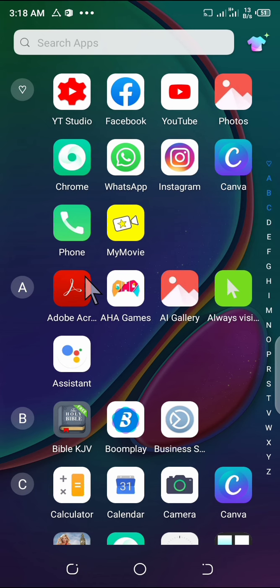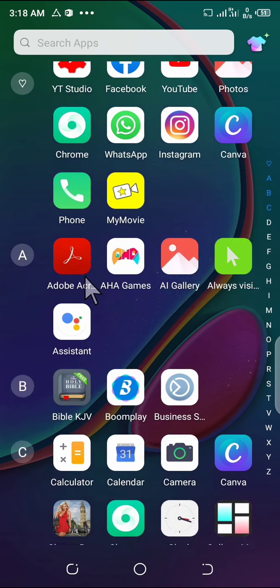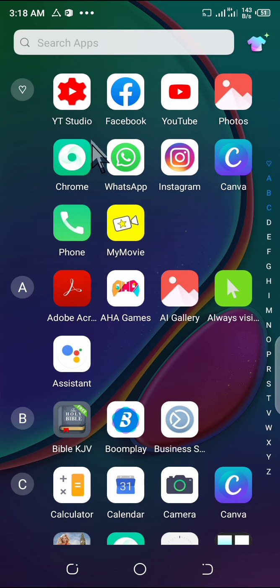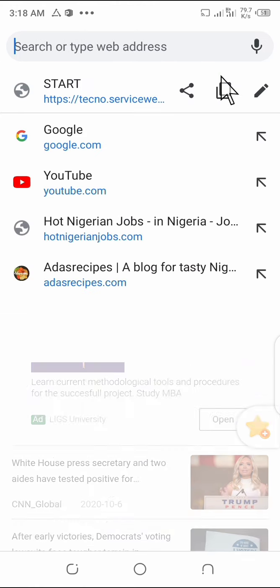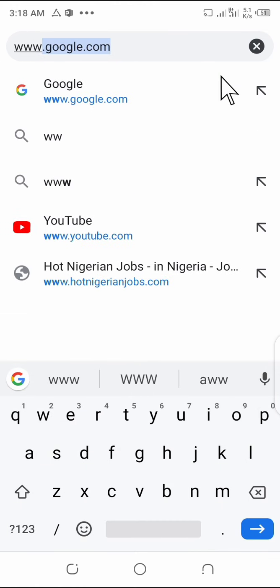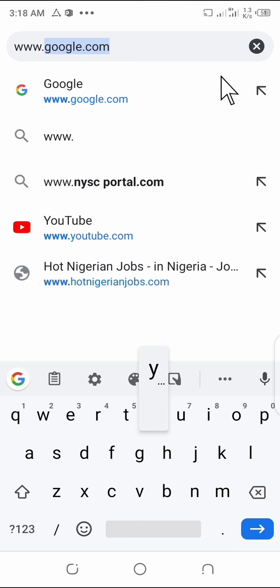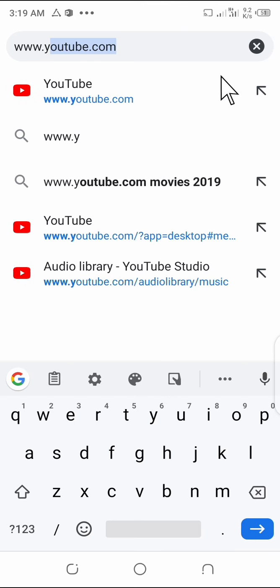So to add YouTube cards to your videos on Android phone, the first thing you're going to do is to go to Google Chrome browser app on your phone. You tap on it. Then you go to the address bar and type www.youtube.com.